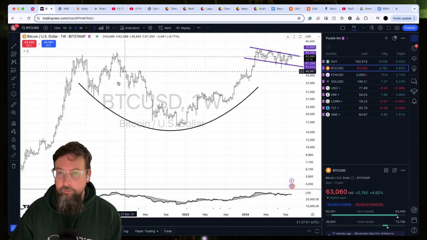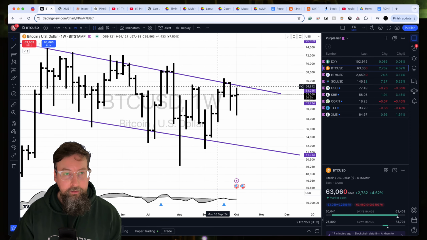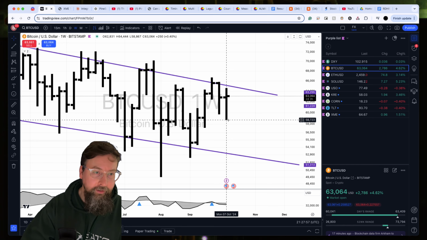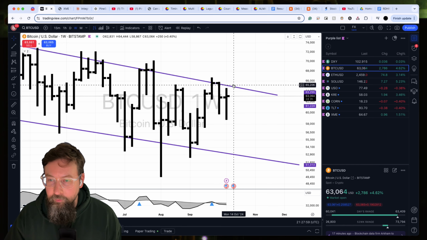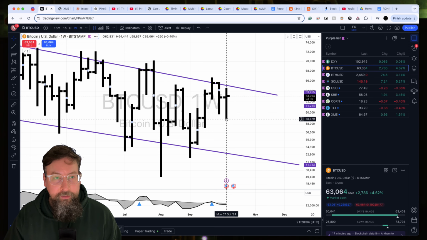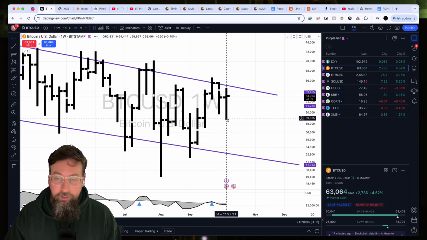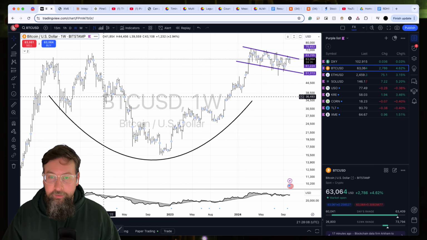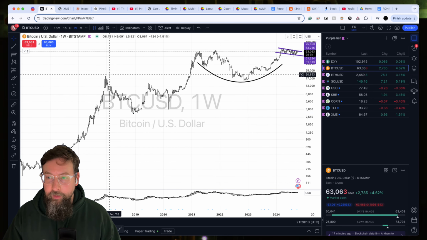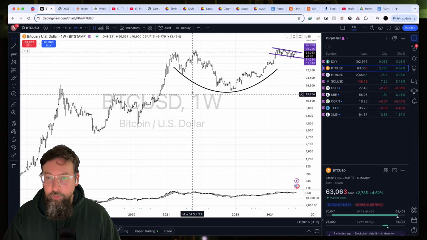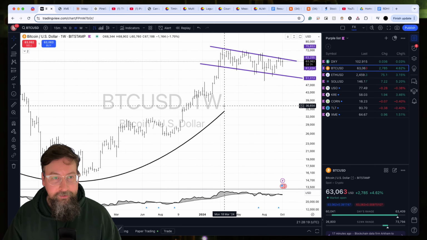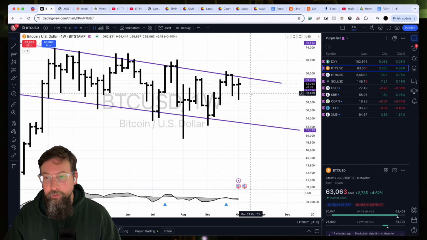Taking a look at Bitcoin, this pattern is still intact. This weekly candle, we sold off. I made some jokes on Twitter too. There were a bunch of Twitter Spaces talking about a crypto crash when we were right down here at this low. I just thought it was hilarious because this is what crypto can do, a crypto market crash, right? From 20,000 down to 2, from 70,000 down to 12. That's a crypto crash. This little downtick that happened right here is not a crypto crash.